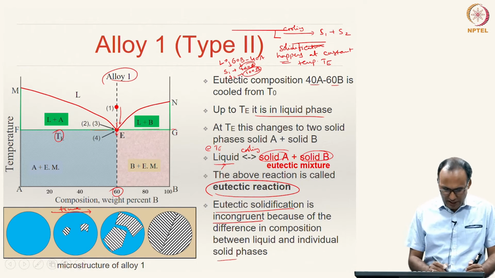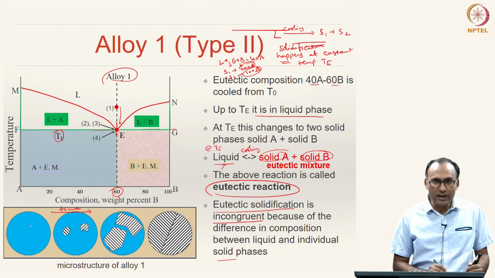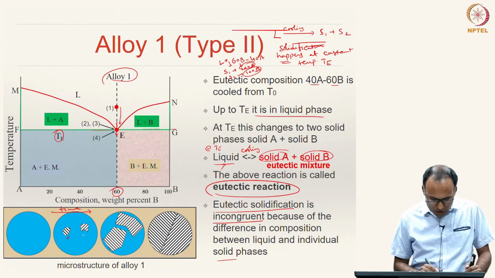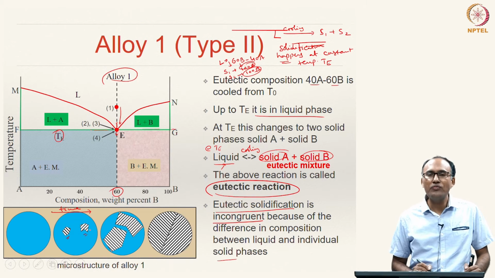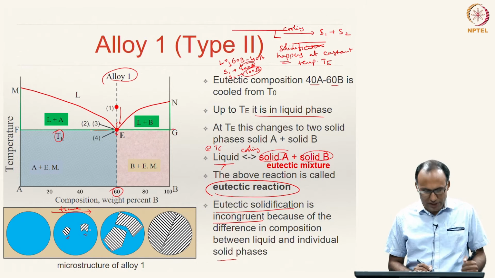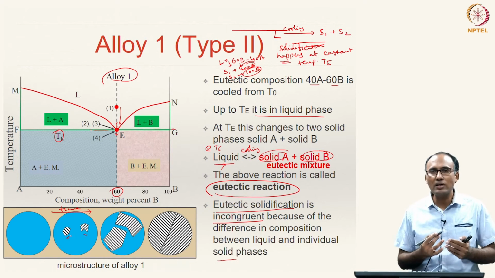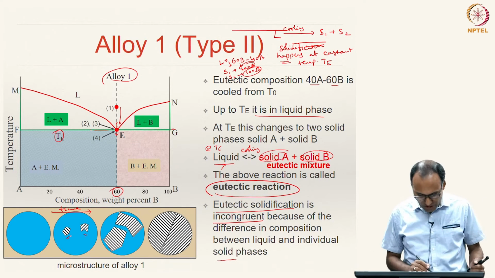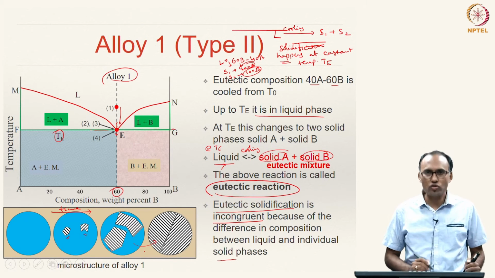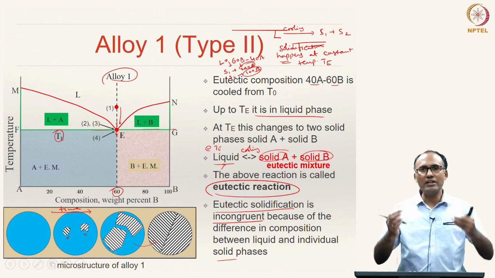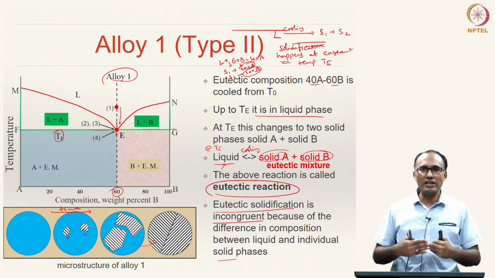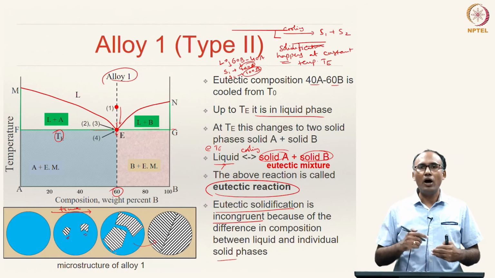At that point TE, initially you have liquid, and as you are cooling it down at that particular temperature, as you are waiting, your initial nuclei of the solid start forming, and as you are providing more and more time, the nuclei start growing and complete solidification happens from liquid state to solid state. However, when it is solidifying through eutectic reaction, it will form alternate layers